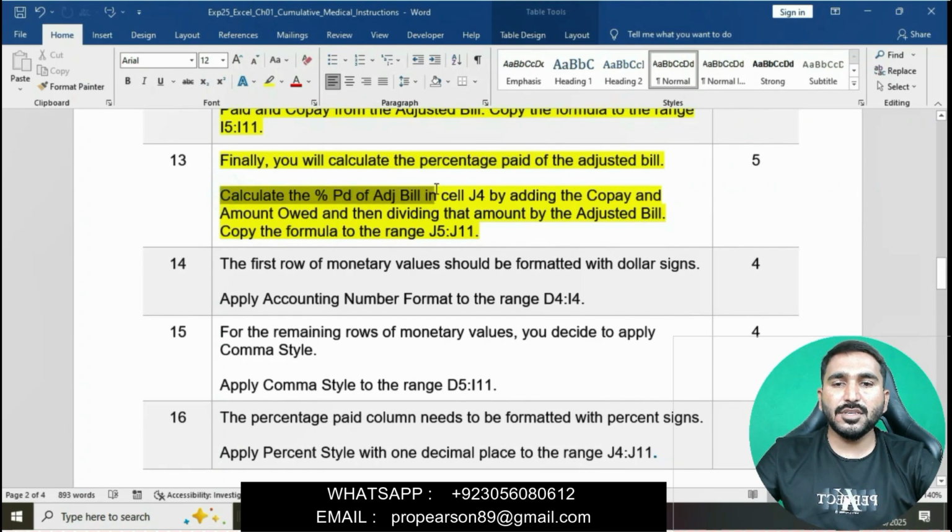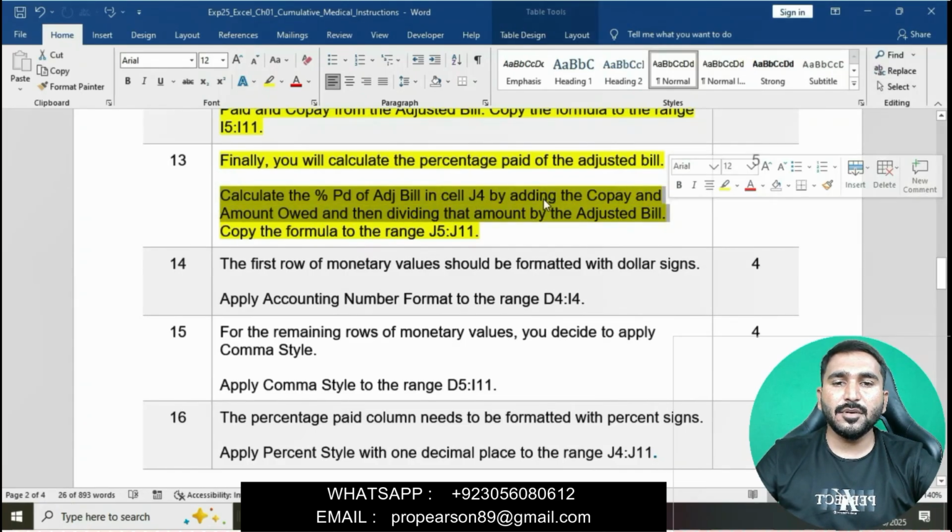Basically, in this question we will calculate the percentage paid of adjusted bill in cell J4. We will go to the Excel workbook, click on cell J4 and enter a formula.